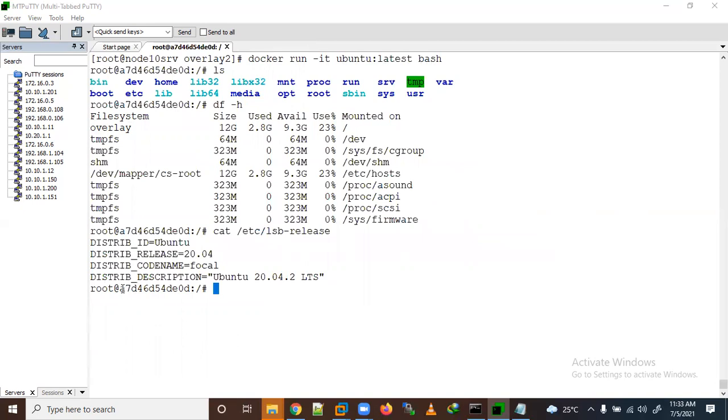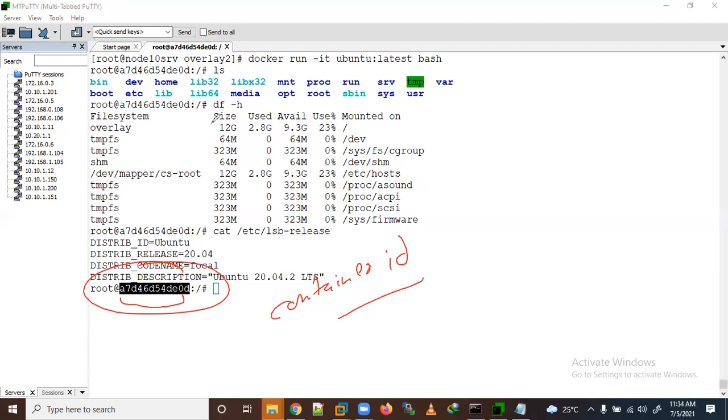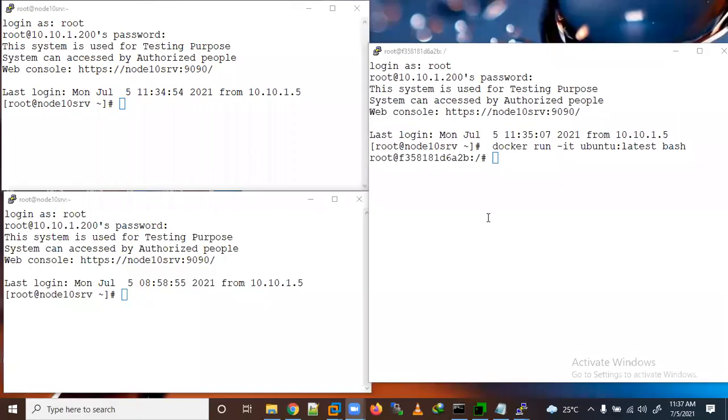And this is your container. We have run the container, and it shows us a container ID. Let me open one more terminal in parallel, and I will use PuTTY. Here I have opened three terminals. This is the first terminal, second terminal, third terminal, and here I have executed this command docker run,